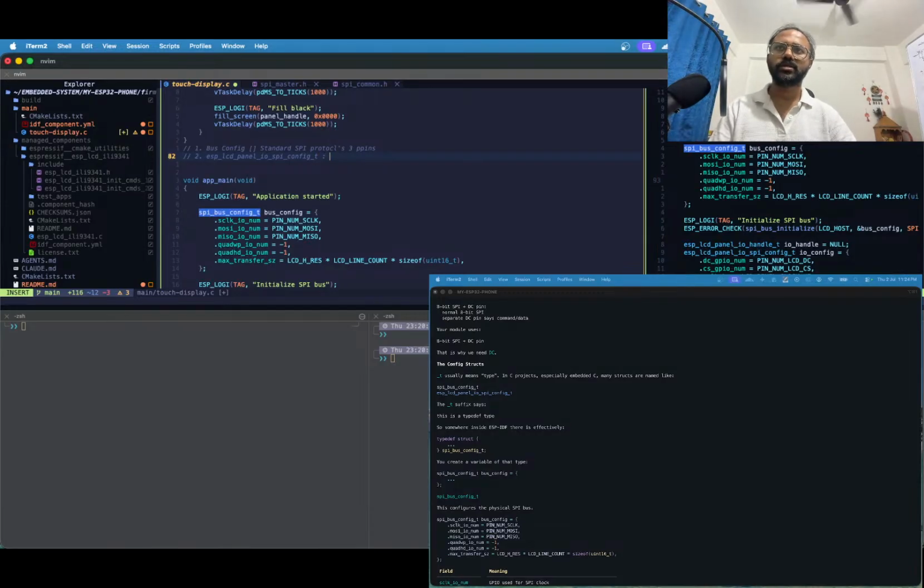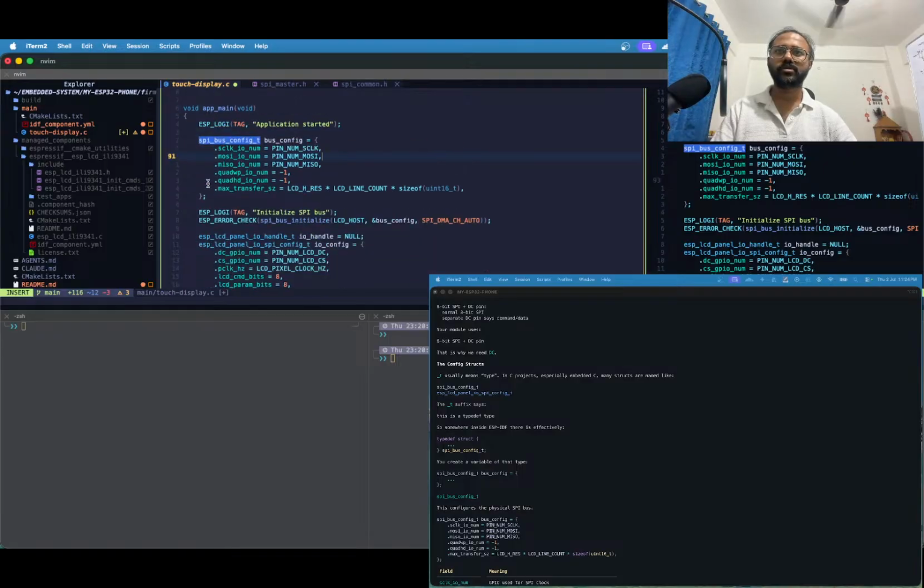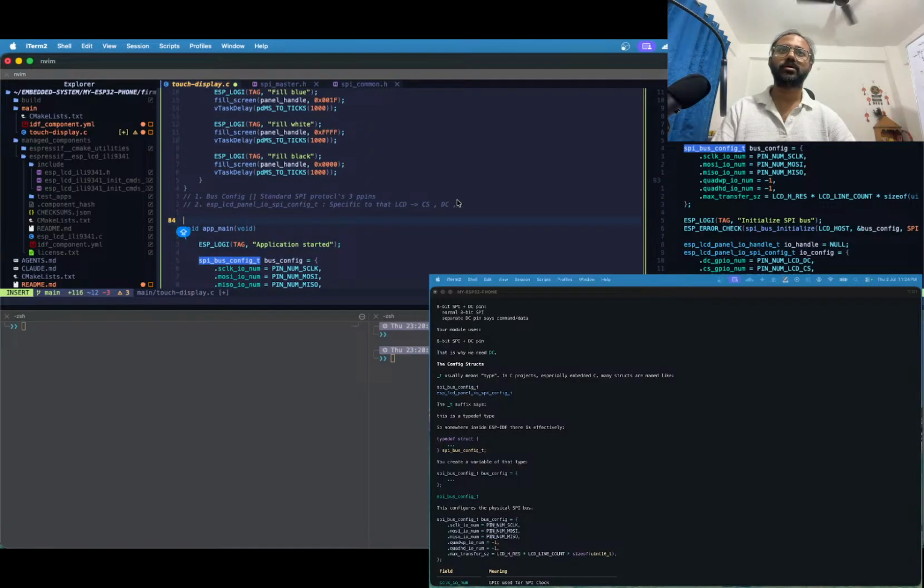This is LCD panel config, इसमें हमने क्या क्या देखा? Specific to that LCD, we can have chip select, data control, और क्या होता है इसके पास? हाँ, 2 ही चीजें, बाकी तो clock speed।